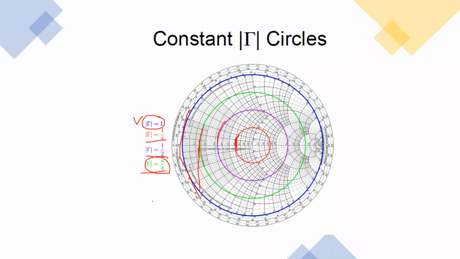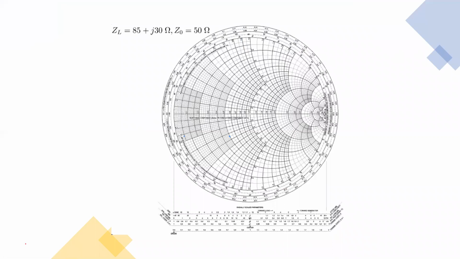In this case, you dealt with the constant resistance circles and constant reactance circles. In constant reactance circles, when you're using the impedance, we discussed which part is associated with plus and which with minus. If you're using Z, this will give you plus and this will give you minus, that is, this is for inductive and this is for capacitive.